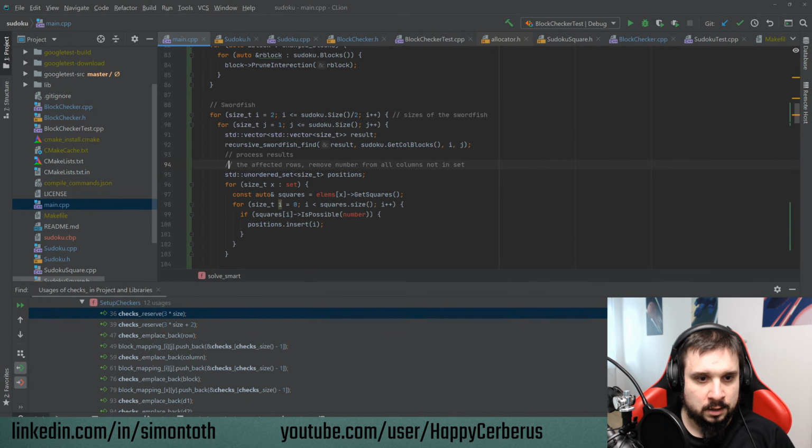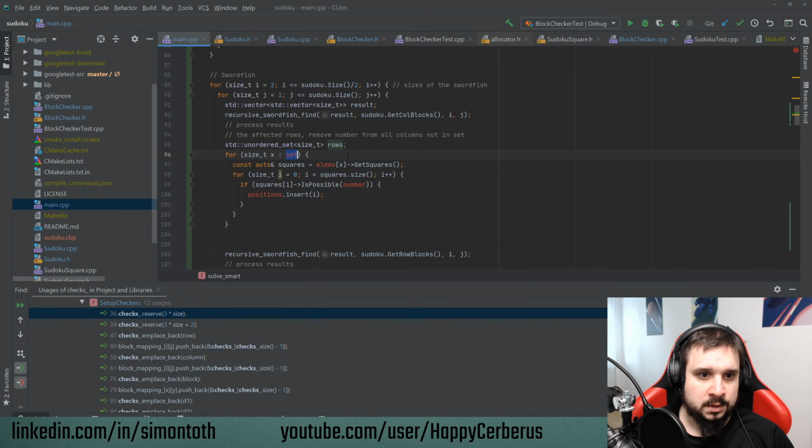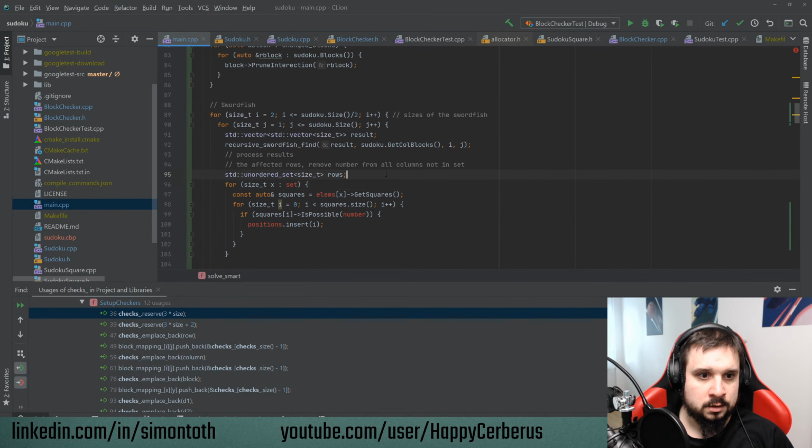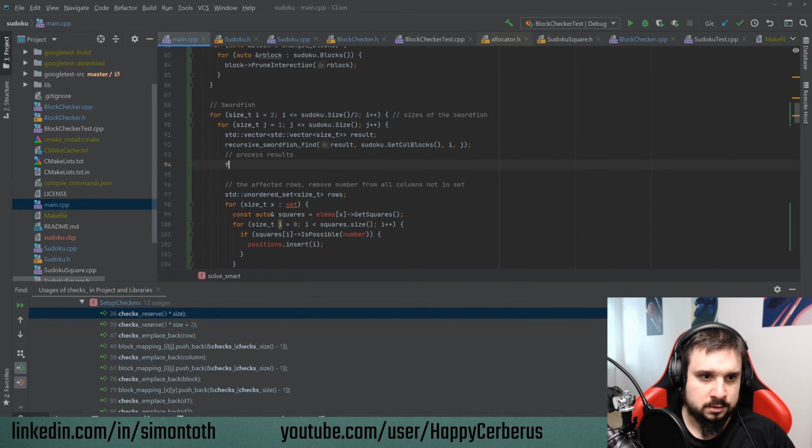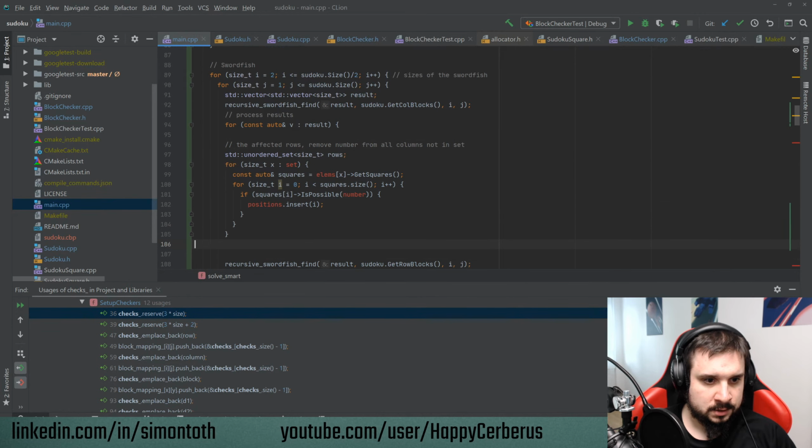I figure out the rows that are affected. Actually, I want to do this for each of the results, so for each of the swordfish instances,